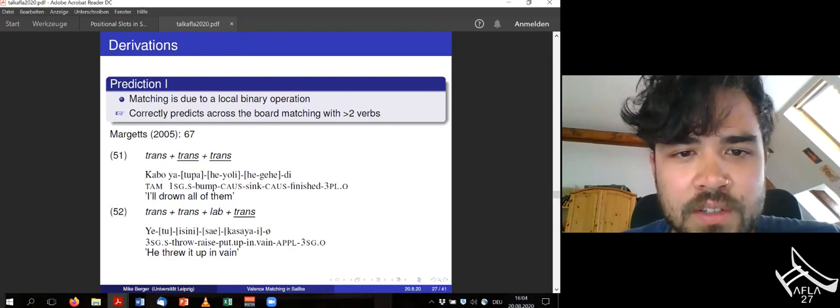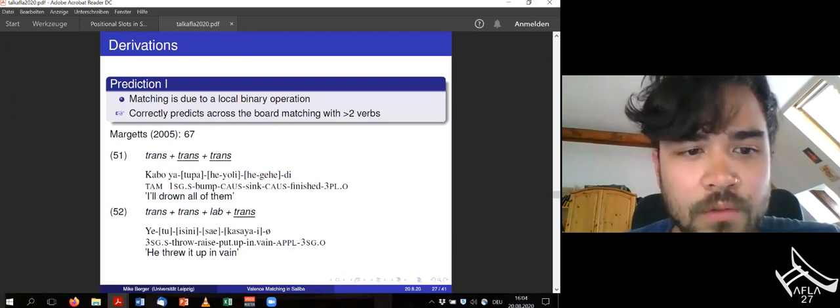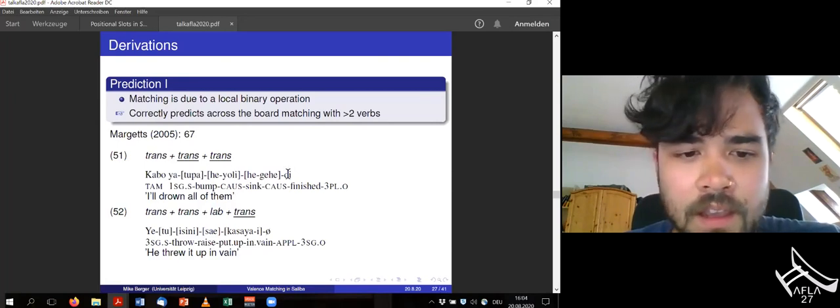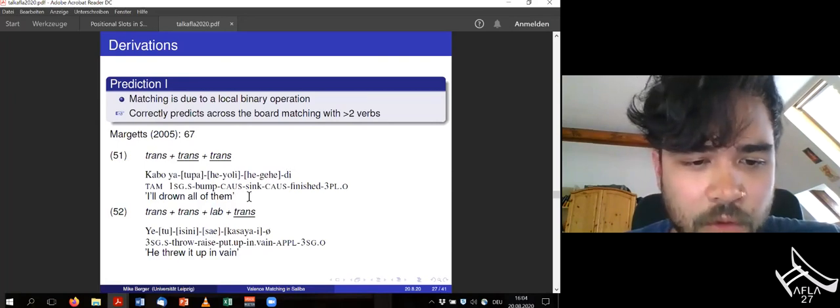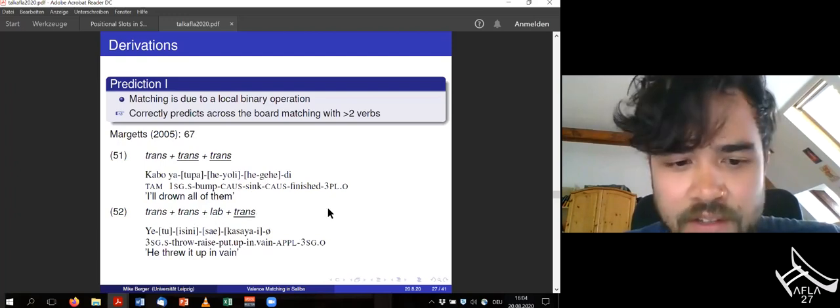So first of all, matching is due to a local binary operation. This correctly predicts across the board matching with more than 2 verbs. So if you combine 3 verbs, you get across the board matching. We have here 1 simple transitive and 2 derived transitive. I'll draw on all of them. And you can also have up to 4 verbs combined with a transitive, labile, and a derived transitive verb,